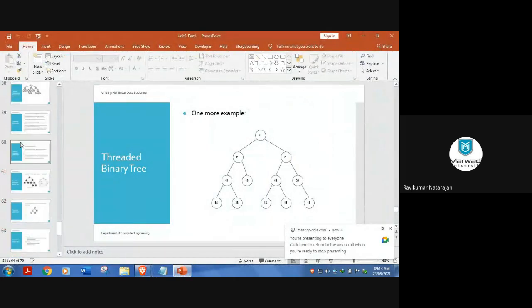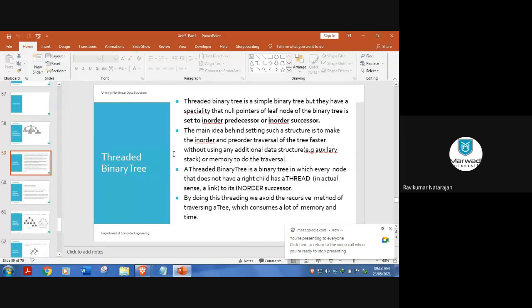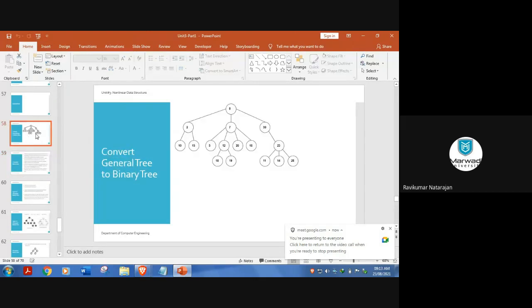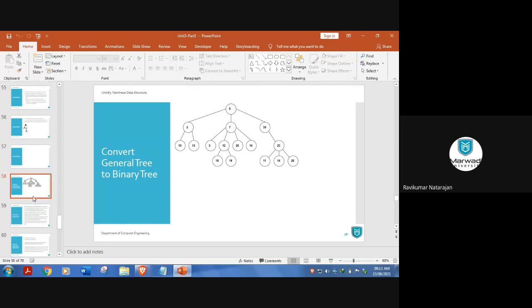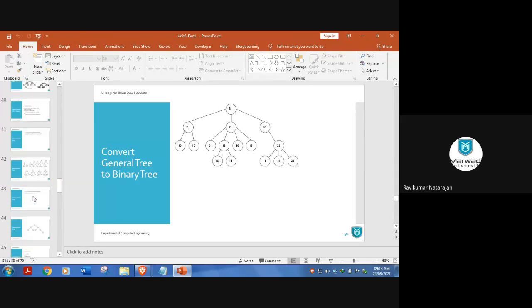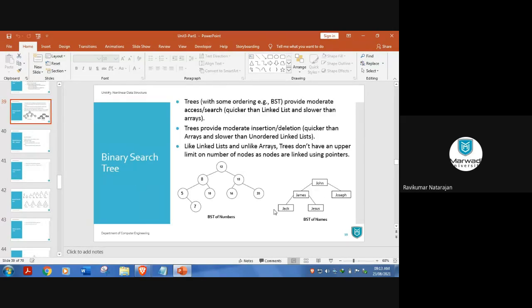So guys, what I'm saying is that the last topic is about TBT, threaded binary tree. So in this, when you represent this particular tree in a linked list format, this child doesn't have any left and right nodes further, right? So we will mark that as null. Here there is nothing, after this there is no child, which means if you consider this as a linked list, you will have three set of boxes, right?